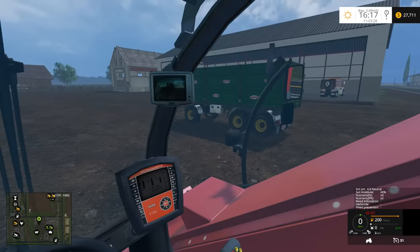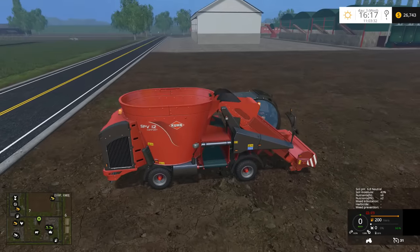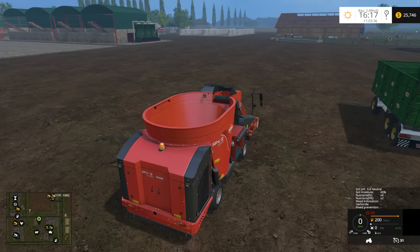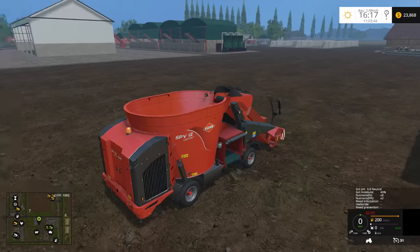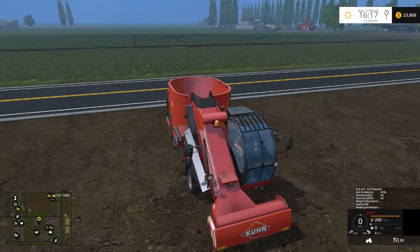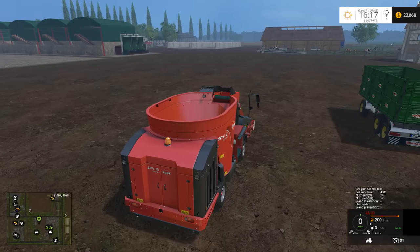I don't think we actually need this thing. I don't know. Unless I could have made TMR actually in one of the bunkers. That would have been an interesting way. And technically what I can do as well is like that. I don't know if that Beetmaster thing does what it's supposed to do. I'm not certain about that. But I do know that the